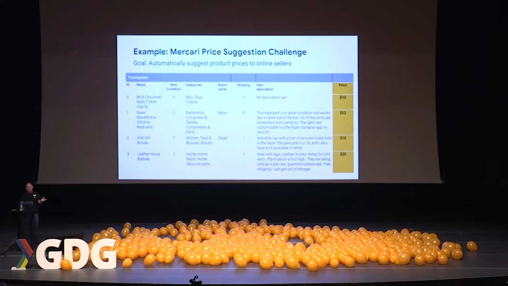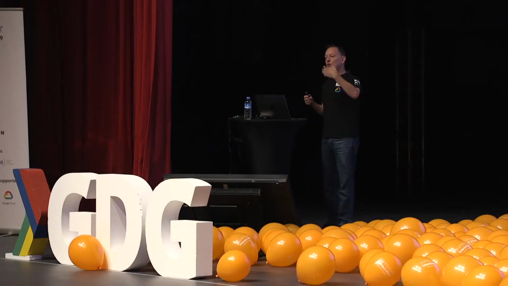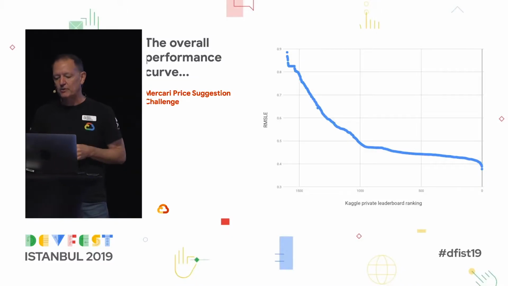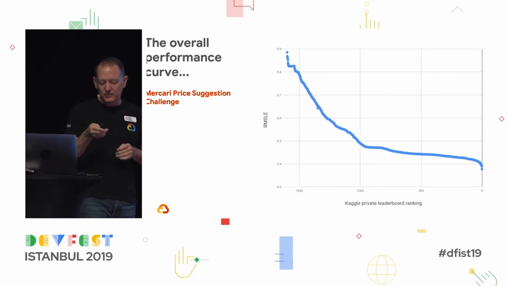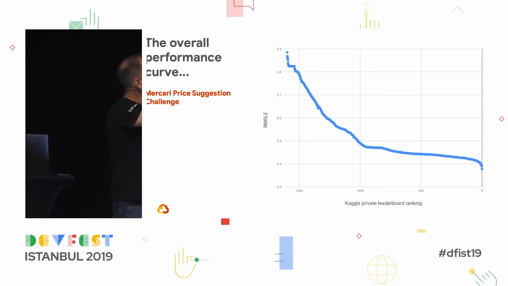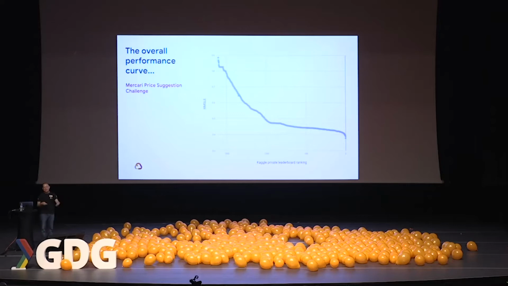So there's one specific example. Mercari is a Japanese marketplace. They want to be able to help their sellers predict what price to offer a specific product at. So they had all their backup data of what products sold for over time. So they published this data on Kaggle, had a competition to see who could come up with the best pricing model. This is an example showing how the quality of the model changed over time during the competition.